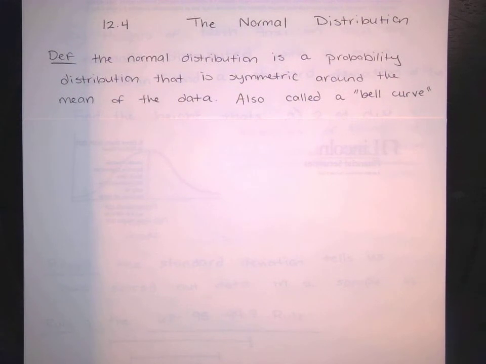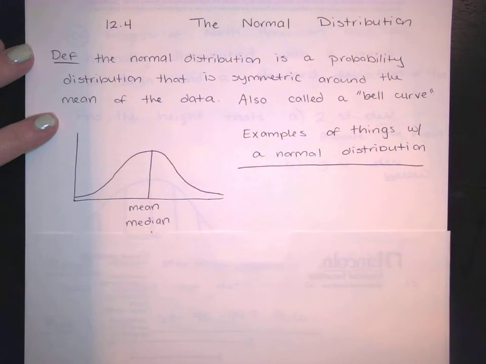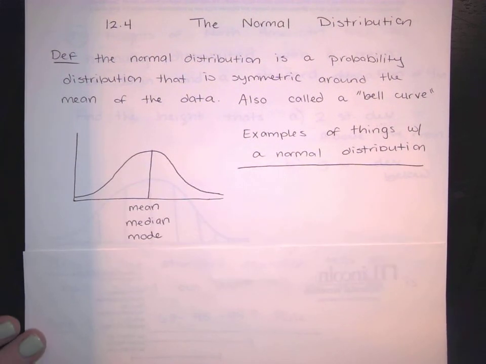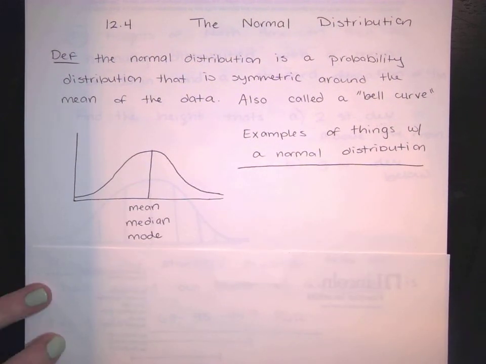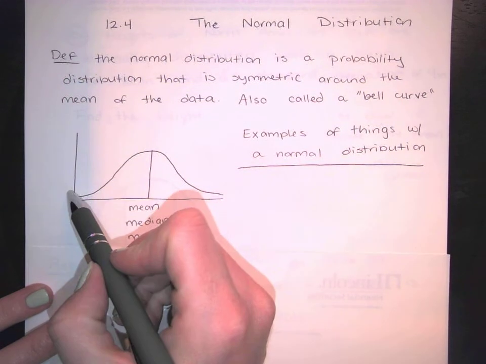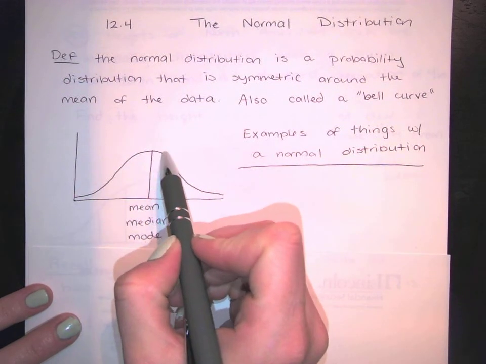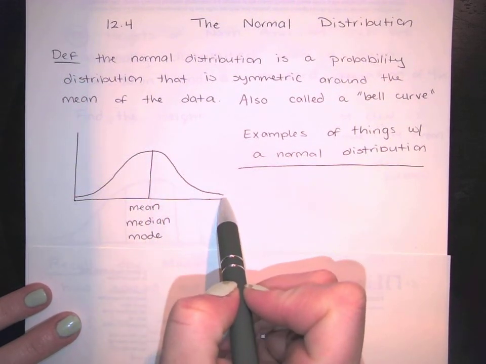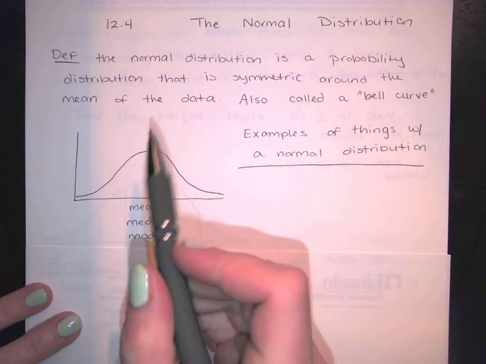Hi class, today we're going to be talking about the normal distribution, continuing in chapter 12 on statistics. The normal distribution is a probability distribution that's symmetric around the mean of the data. We also call this a bell curve that looks like this. So typically we're talking about a normal distribution for a population when we have lots and lots of data points. Things smooth out into a smooth continuous curve